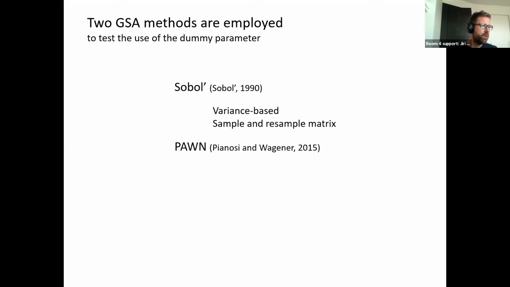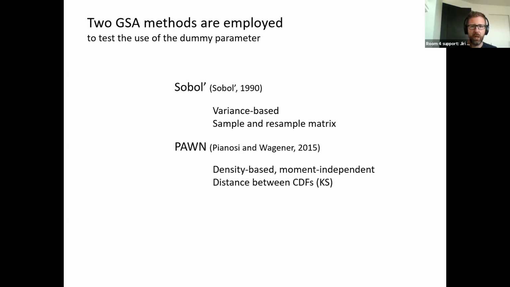And the second method that we used is the PAWN method, which is more or less a screening method. It's not completely screening, but some people say it is. And this is a density-based method, which is moment independent. The actual value of the PAWN method depends on the distance between 2 cumulative distribution functions, where we can use the Kolmogorov-Smirnov statistic to see how far they are apart from each other